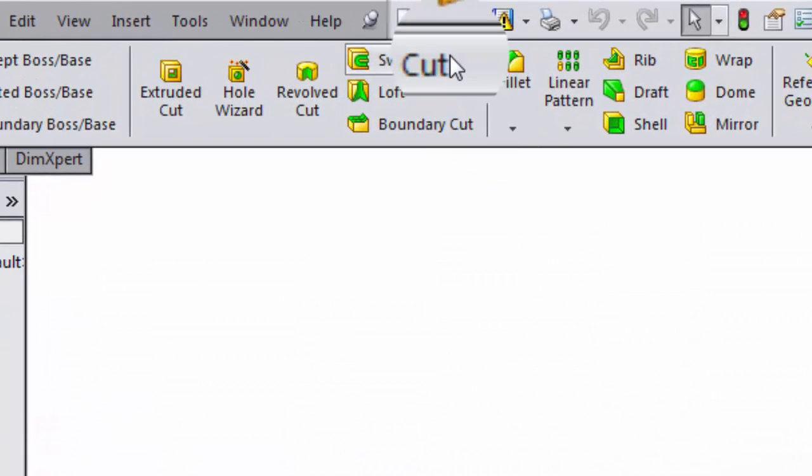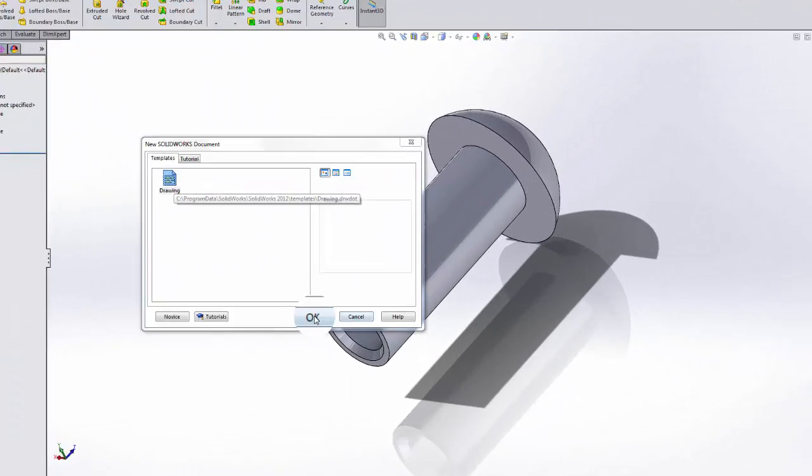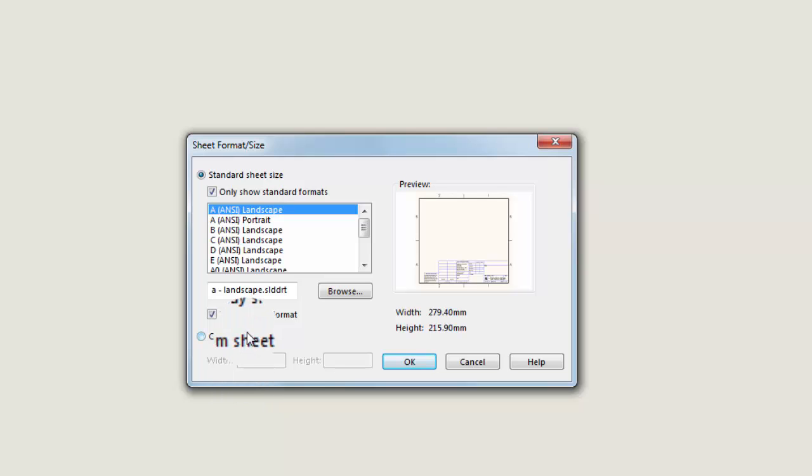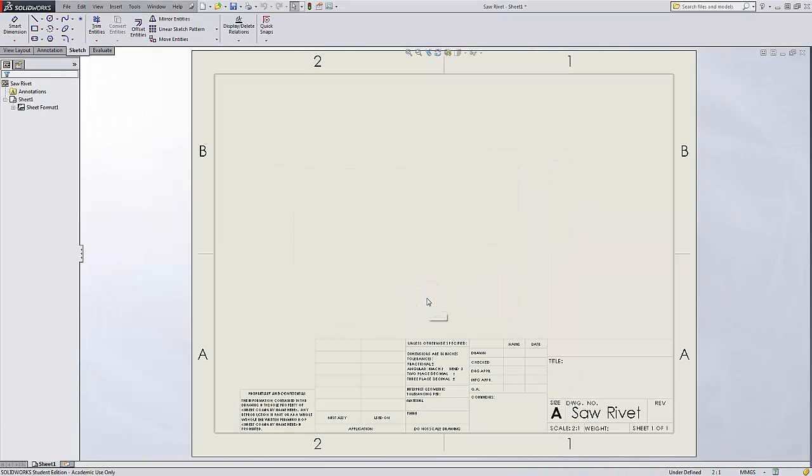So we will go up here and make a drawing, and it suggests drawing, so just go with OK on that. Now it gives a default of various standard formats. Your version may vary a little bit. This should be fine to pick out the ANSI, landscape, sheet size, and it comes with a variety of these formats pre-programmed. So I'm just going to pick that one because it'll work just fine for us. Okay, another thing I need to get straight is the units. Okay, now